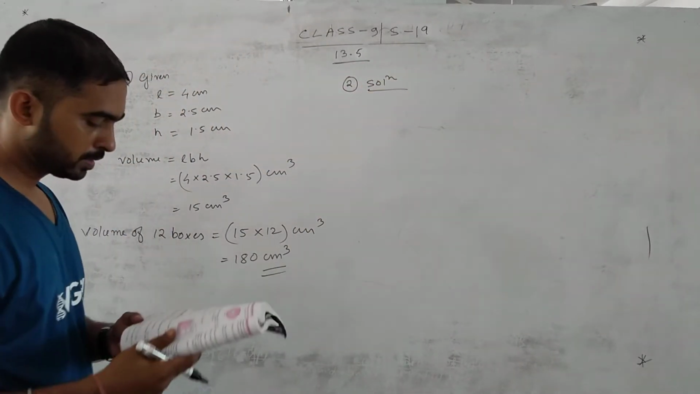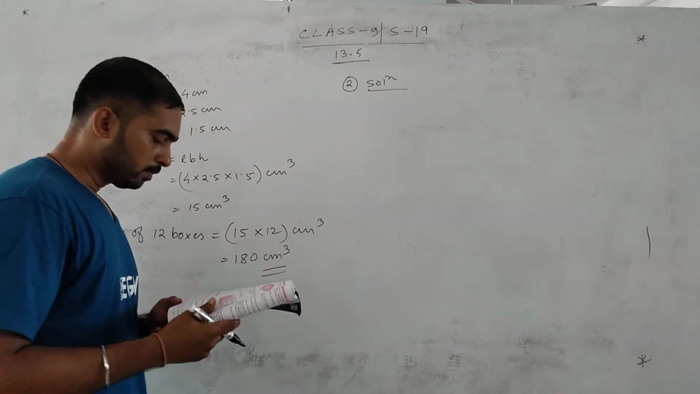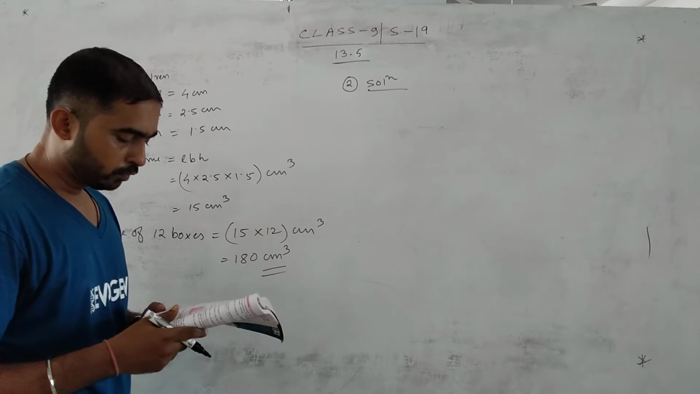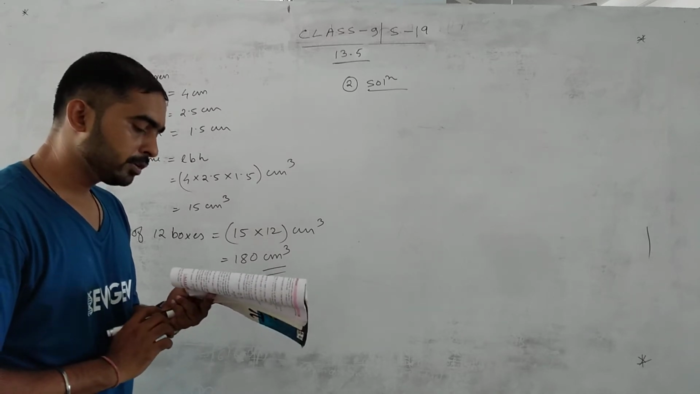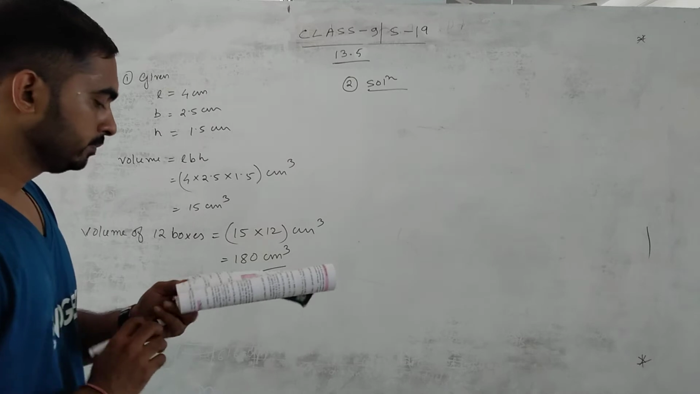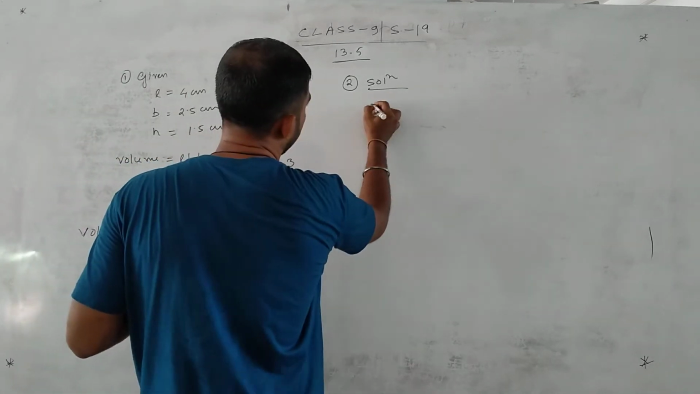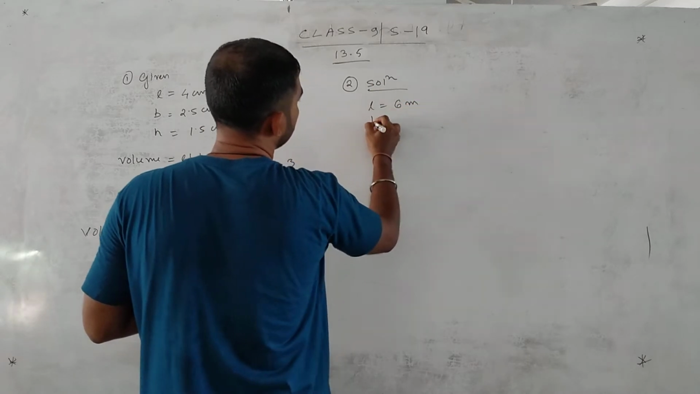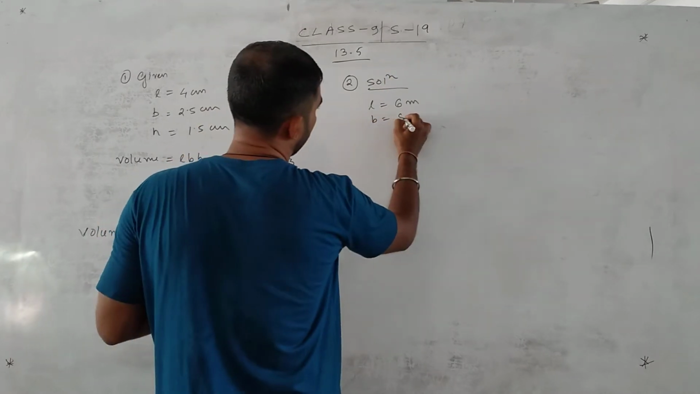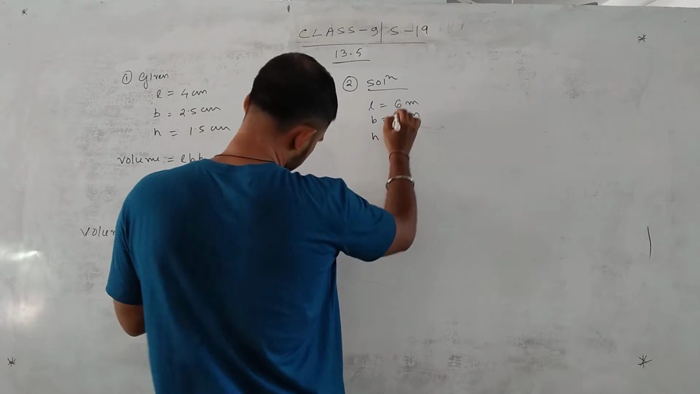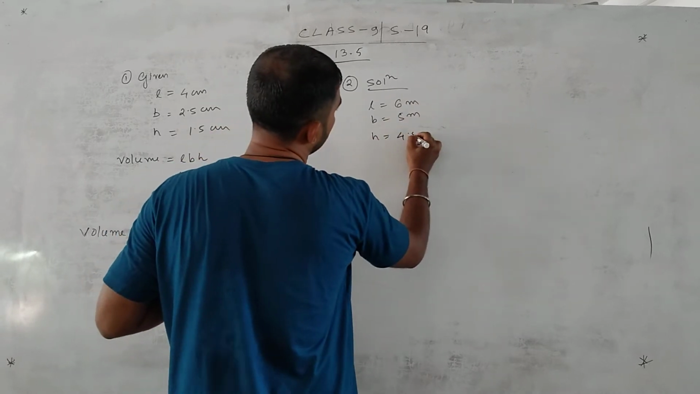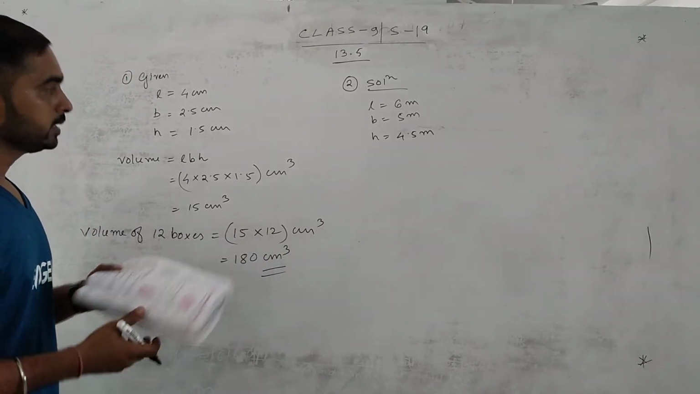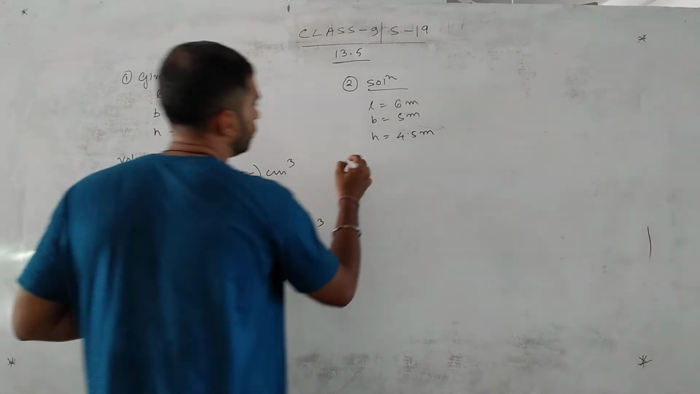Now question number 2. A cuboidal water tank is 6 meter long, 5 meter broad, and 4.5 meter deep. How many liters of water can it hold? Okay, now here same thing, L is given. Given L equal to 6 meter, B equal to 5 meter, and H equal to 4.5 meter. So volume equal to